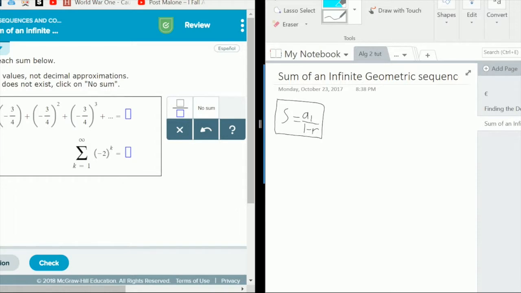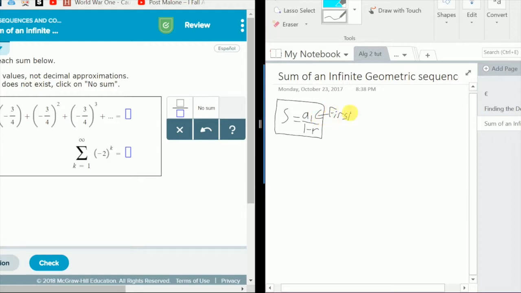Alright, so right now we're going to be doing the topic of the sum of an infinite geometric sequence. This is an Algebra 2 with trig topic. The trick to this topic is that you want to use this formula. The sum of an infinite geometric series, denoted by S, is equal to the first term in the sequence